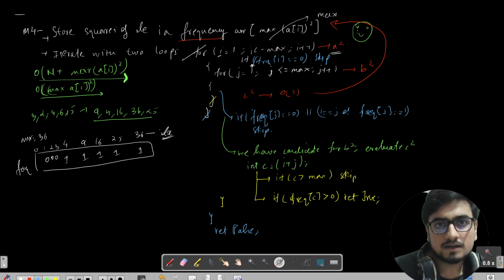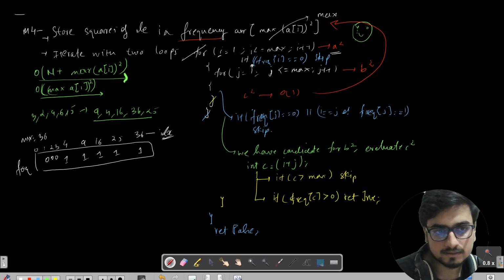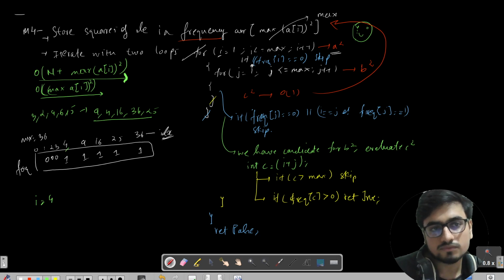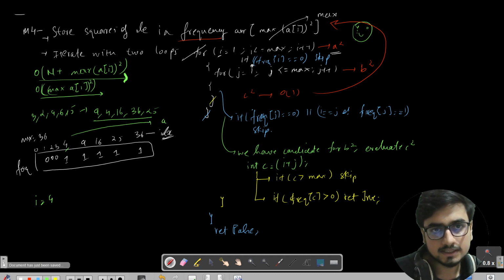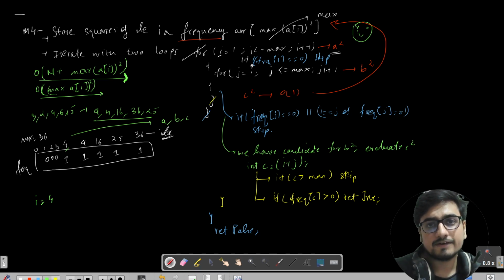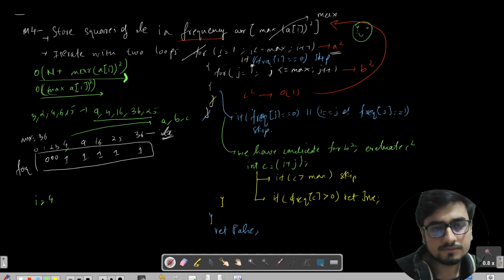So let's say the I is pointing here, right? So this is the first candidate of our a square, right? I can say I is equal to 4. This is a square, right? Now I'm saying that j should also be running from j equals I and not from 1. Why am I saying so? Because definitely this is again present in the sorted format, and we know the convention that first we will get a, then b, then c, right? We discussed this in the method 3 approach. So that is why I'm saying that you should start finding your b square candidate from the ith index